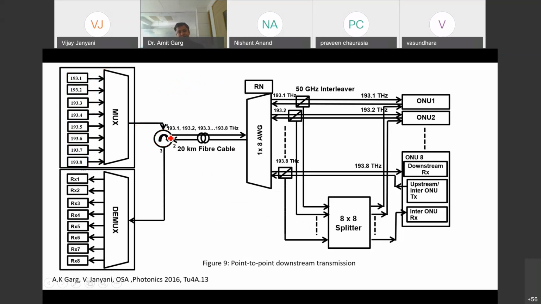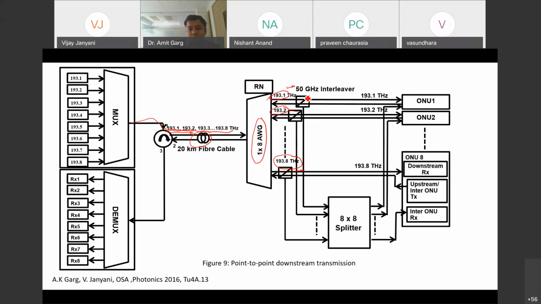So through this circulator, all the signals are going through this 20 kilometer fiber. And because now you have a 1 cross 8 AWG here, not a power splitter, 193.1 terahertz goes to the first output, 193.2 on the second, and similarly 193.8 terahertz on the bottommost output.